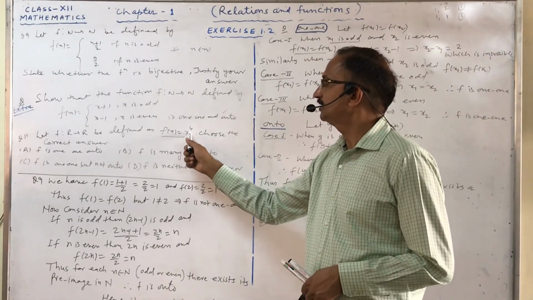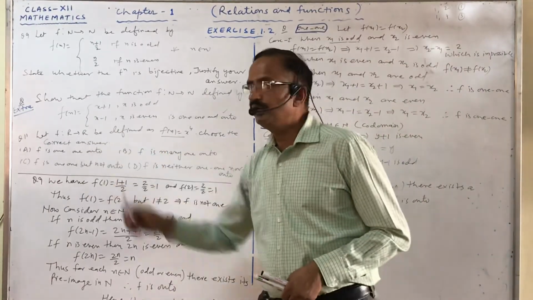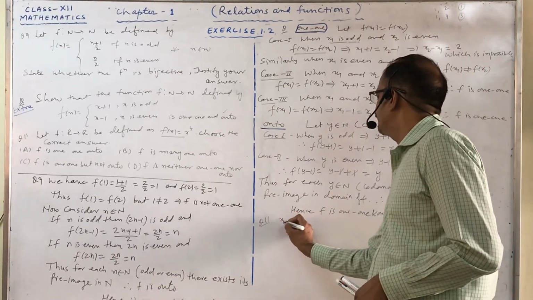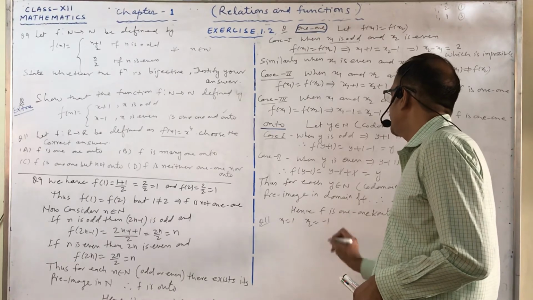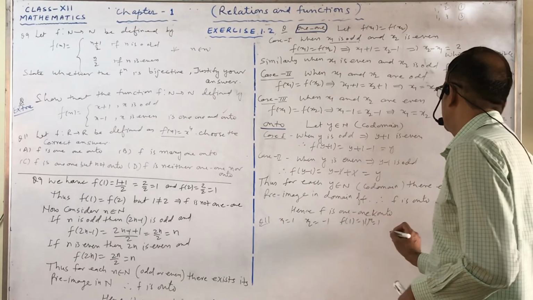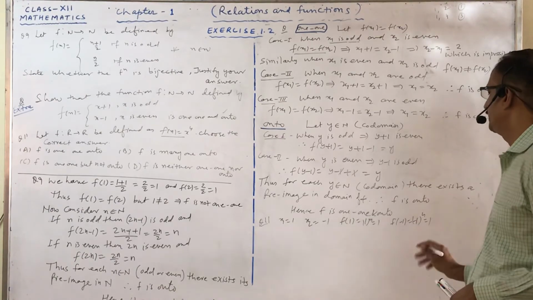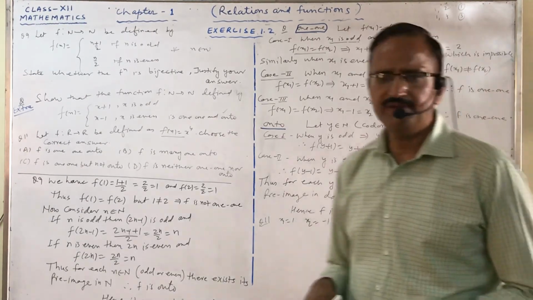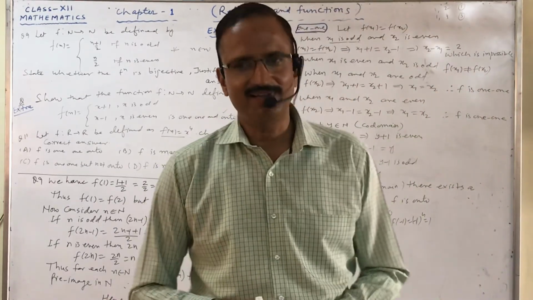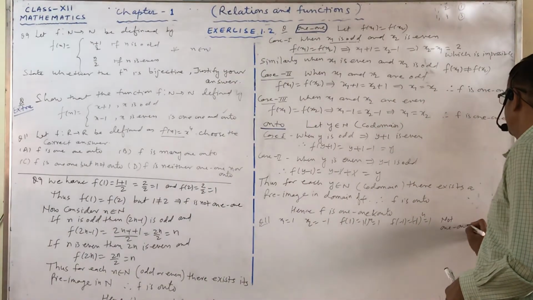Since x raised to power 4 always gives a positive value, but in real numbers we have negative as well as positive numbers, if x1 is 1 and x2 is minus 1, then f of 1 is 1 raised to power 4, that is 1, and f of minus 1 is again minus 1 raised to power 4, that is 1. The images are same, but the elements are different. So for different elements the images are same. So we can say that it is not 1-1.